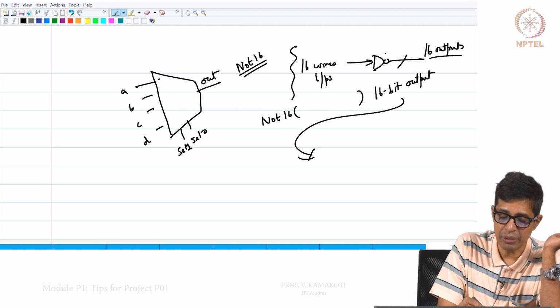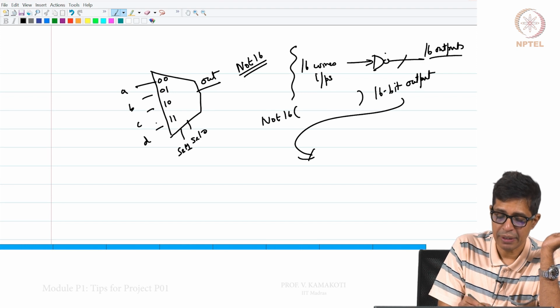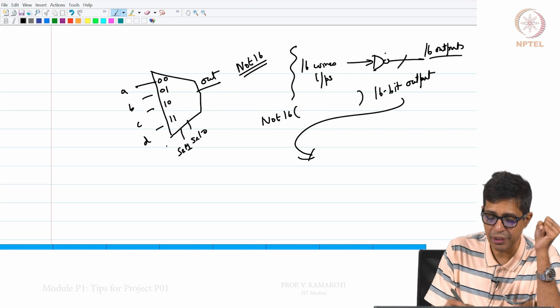If these 2 bits are 00, 01, 10, 11: when this is 00, out equals A; 01, out equals B; 10, out equals C; 11, out equals D. This is what we call a 4-way mux.